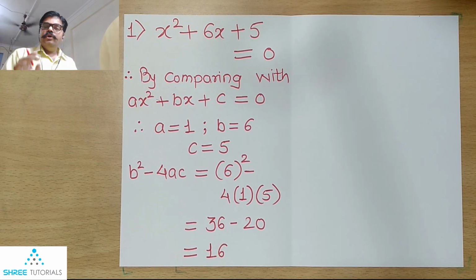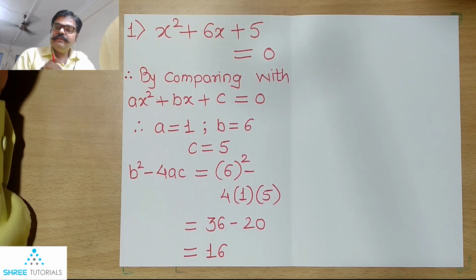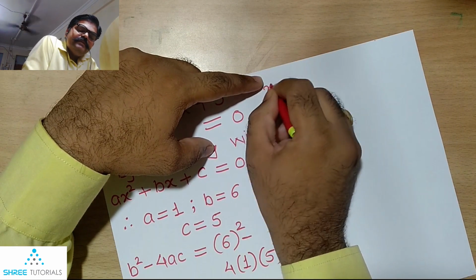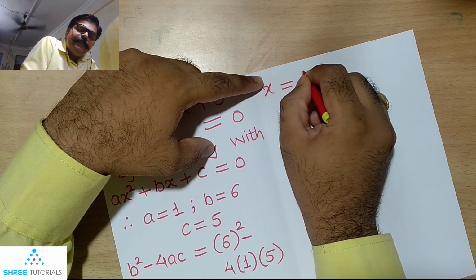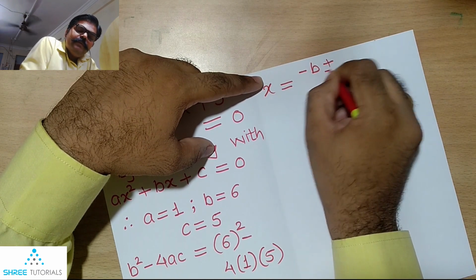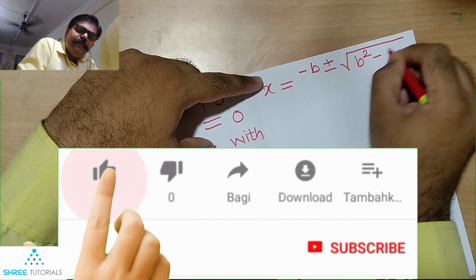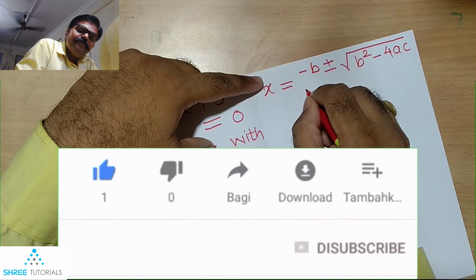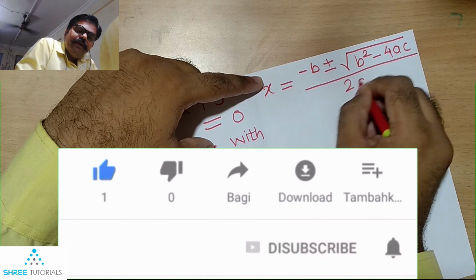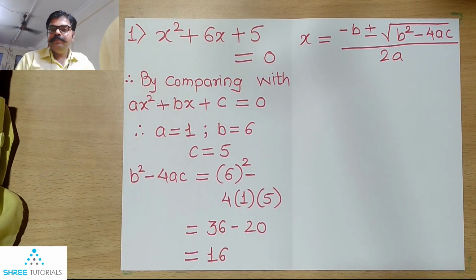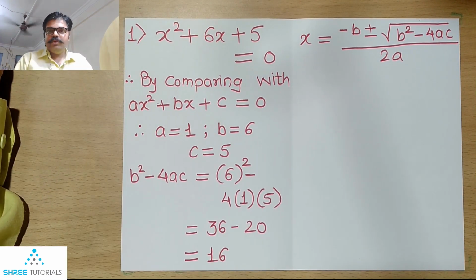This is the value we have calculated so far. Now please note, using this value and using a new formula, we will have to calculate the root of the quadratic equation. So let us write down that formula first. That formula goes somewhat like this: x is equal to minus b plus minus root of b square minus 4ac divided by 2a. Yes, the formula is a little bit longer, but you will have to memorize the same. There is no other way out.